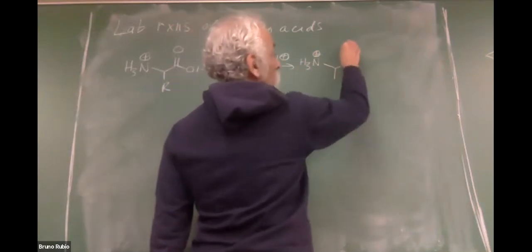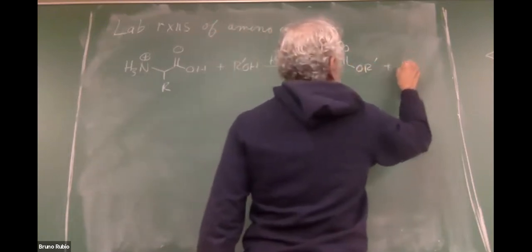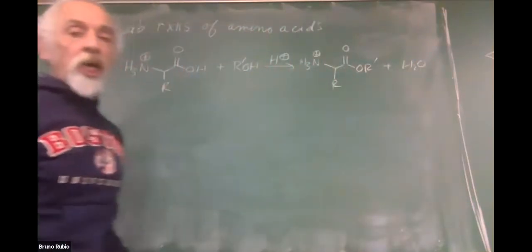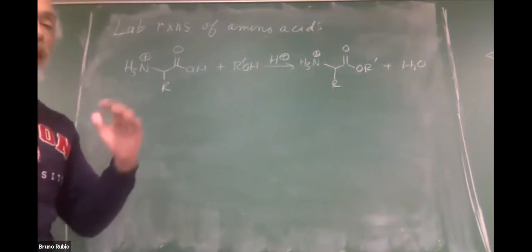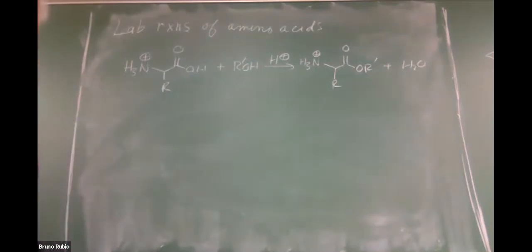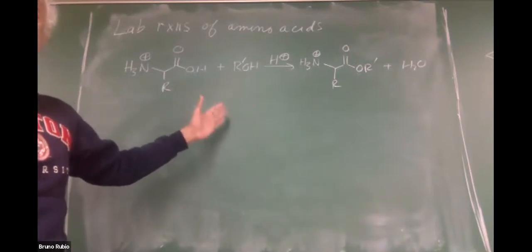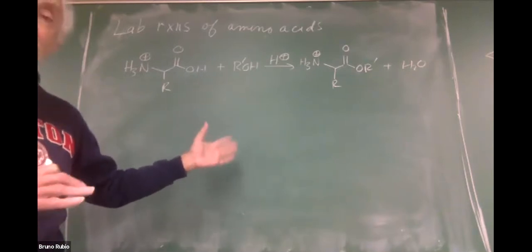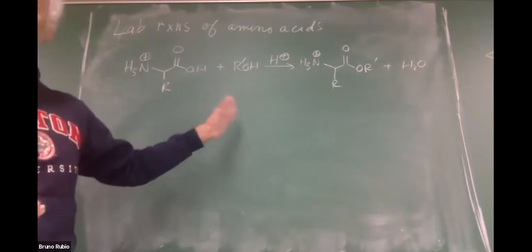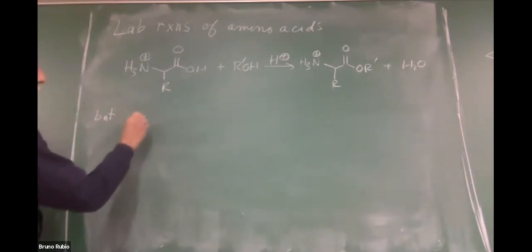And remember, I'm going from a carboxylic acid to an ester, and they are at about the same level of reactivity. So I'm not really going up the ladder, or down the ladder. So this is an acyl substitution reaction. It's something that amino acids can do under acidic conditions, because they are acyl derivatives. Okay, now, something like this